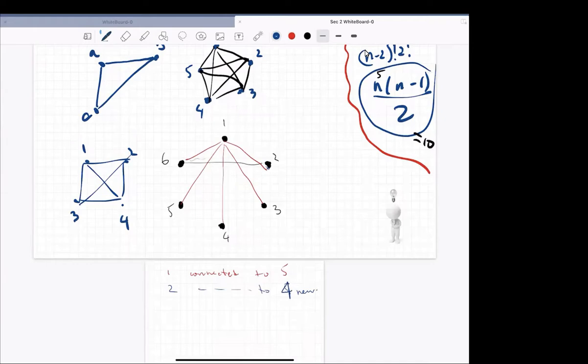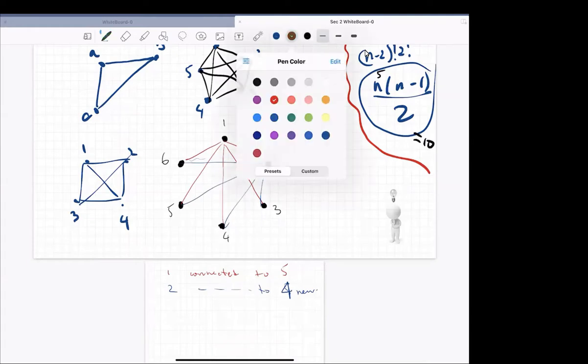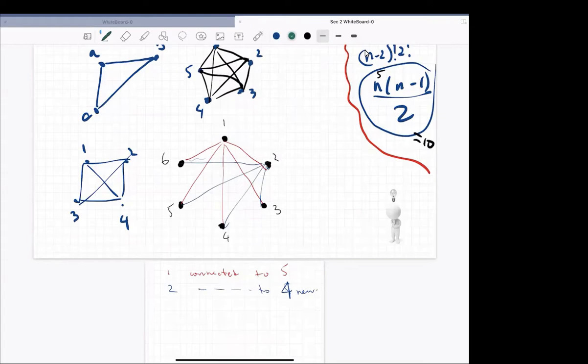So I have 4 new connections that I have to add when I'm counting methodically like this, as I'm suggesting now, the number of possible connections. Then I count all the connections from 1, then I count all the new connections from 2, then all the new connections from 3. Let's go with 3 for a second. From 3, how many people is 3 connected to? Well, 3 is connected to all 5 of them, but I've already accounted for these 2 connections, to 2 and 1. So the new connections are to 4, 5, and 6. These are 3 new connections. 3 connected to 3 new, and so on.